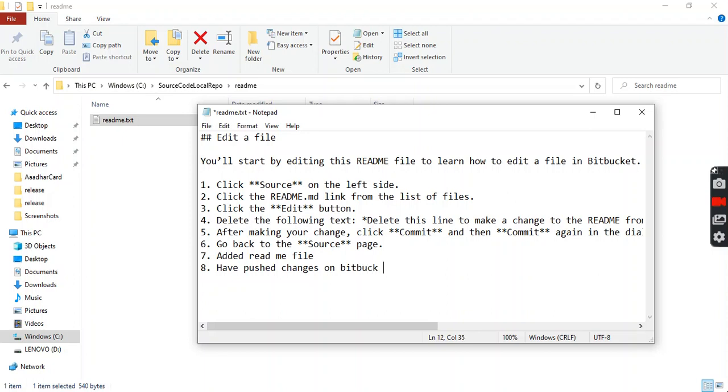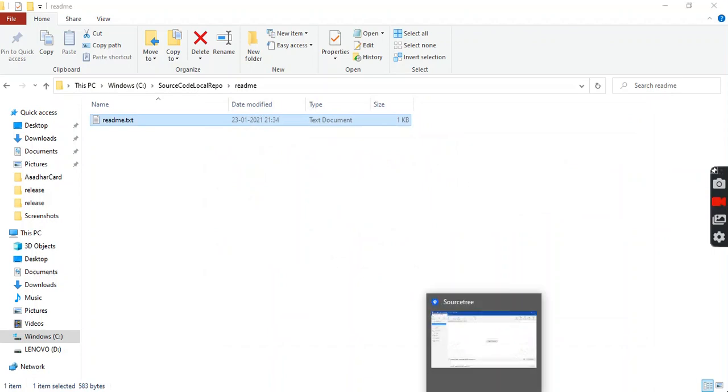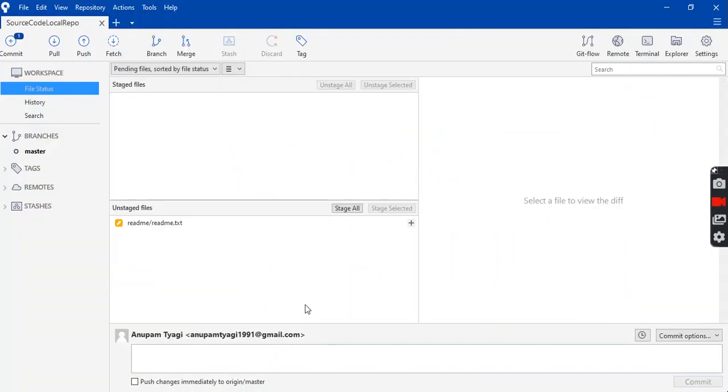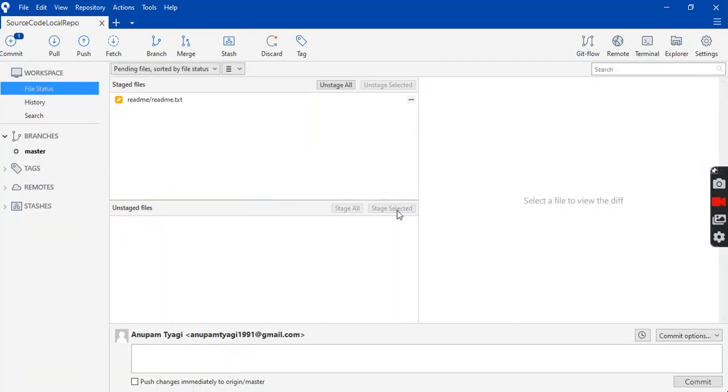So there is a need to update the changes in the same file. Save. So then we can track here what the changes are saying. You will see that you will have one commit. So first off I will have to stage these changes. I have pushed changes on the Bitbucket server. So we will have to put them in the stage section, then we will commit. So committed is that updated readme file.